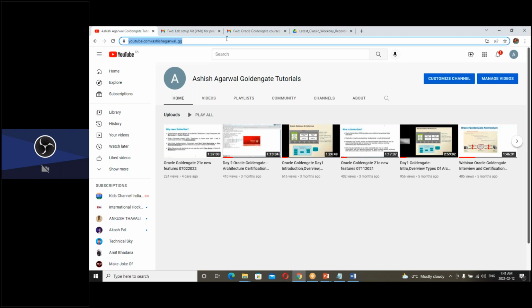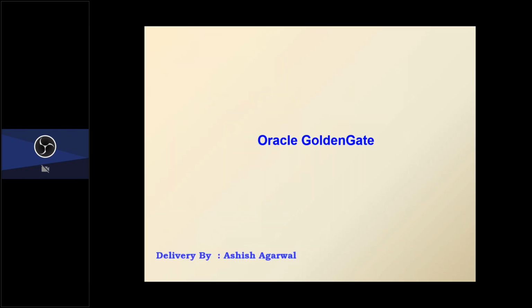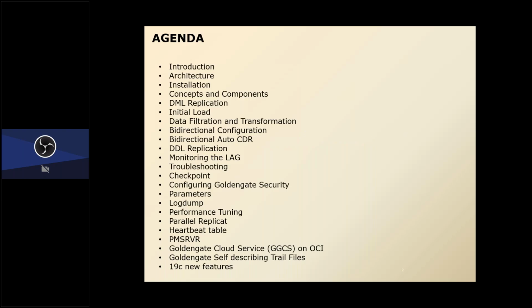So, in today's session, we are going to discuss Oracle Goldengate training. The agenda of this training includes an introduction to Oracle Goldengate, the different architectures involved, installation of Oracle Goldengate, the different options to install, and how you decide where to install Goldengate. Then we'll discuss different concepts and components involved in Oracle Goldengate, and how to perform DML replication using Oracle Goldengate. So when you insert, update, delete data on source, which requires exclusive commits,